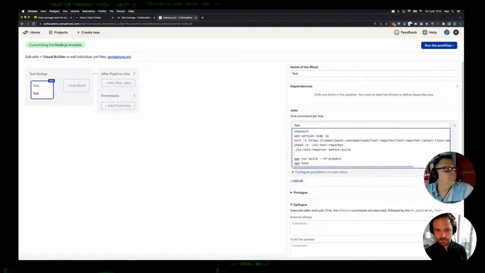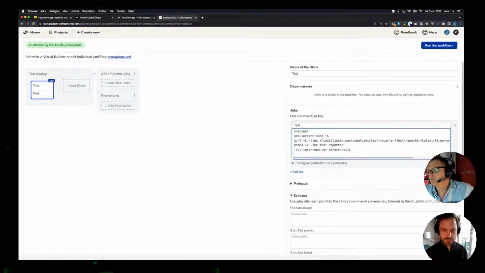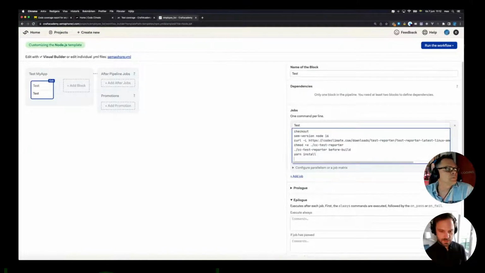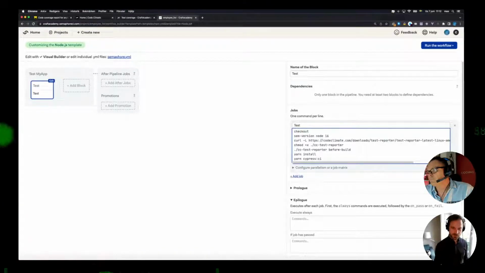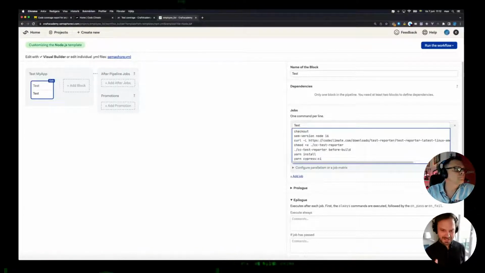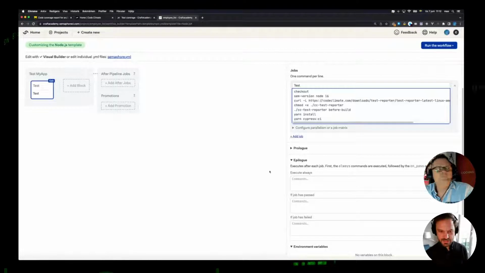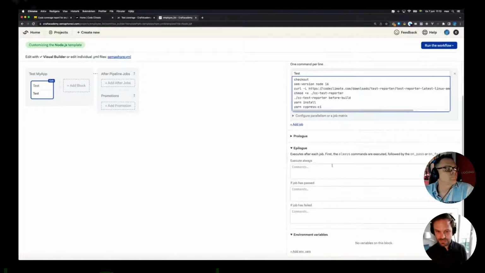But we don't need to run npm. What we do need to run is yarn install. And what we also want to run is yarn Cypress CI. And you'll say, wait a minute, I saw your package JSON in the last stream. There was no Cypress CI, and you're absolutely correct. There is none yet. But we will add it. Let's finish editing this, though, because we need to tell Semaphore to do a few things